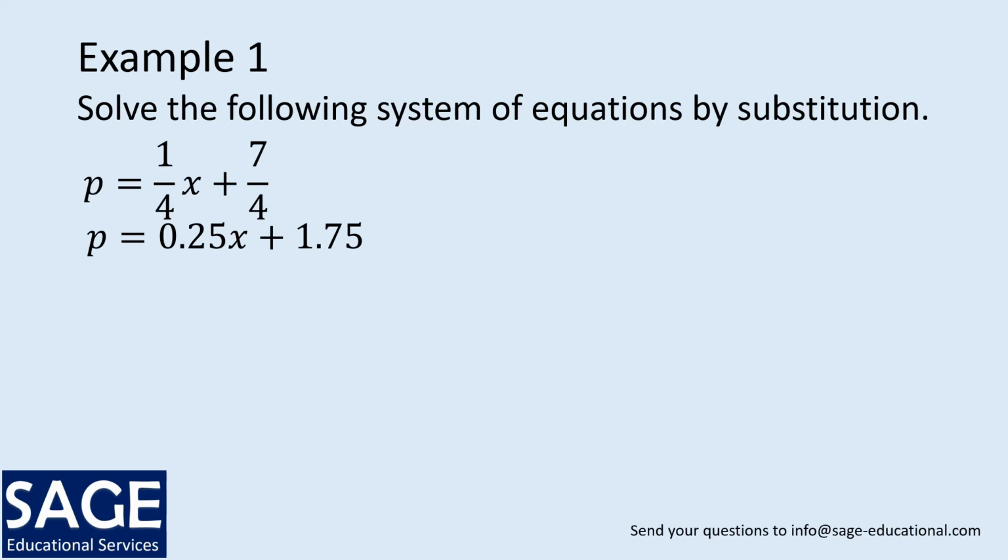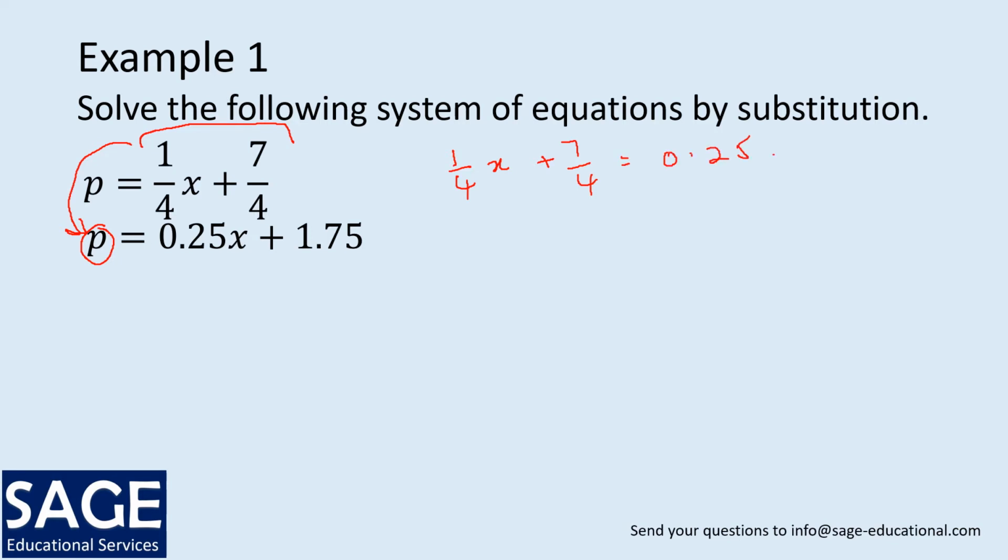Here's example number 1. P is equal to 1 over 4 x plus 7 over 4, and P is equal to 0.25x plus 1.75. So what I'm going to do is I'm going to take 1 over 4 x plus 7 over 4, and I'm going to replace the P in the second equation with that. So it's important to remember that the substitution must be done correctly. So I'm going to start writing the second equation, but instead of P, I will write what the value of P was from the first equation. So 1 over 4 x plus 7 over 4 is equal to